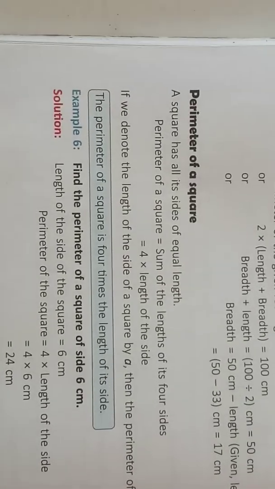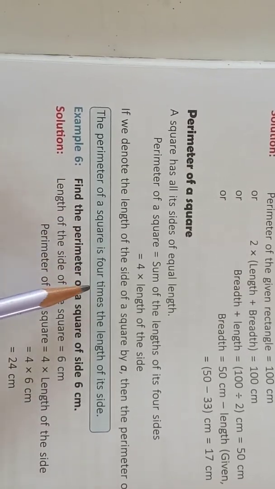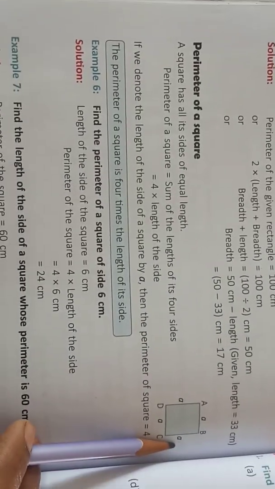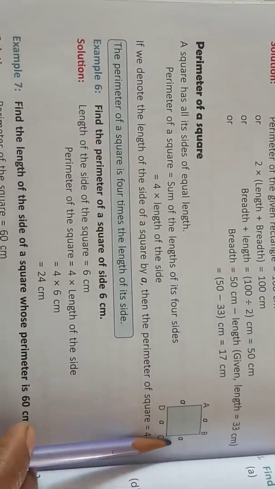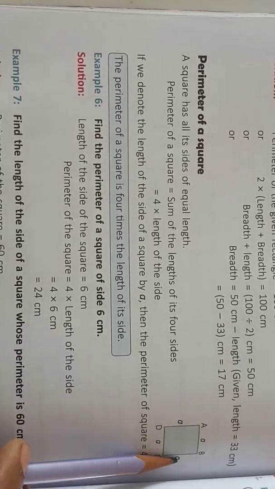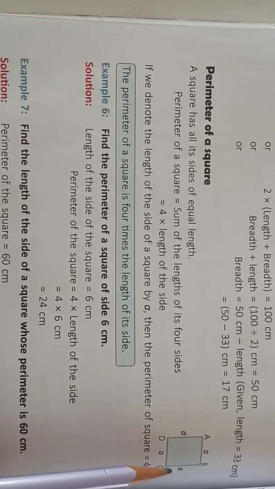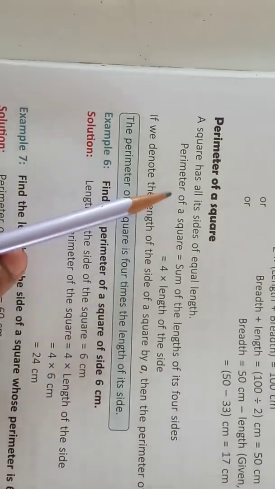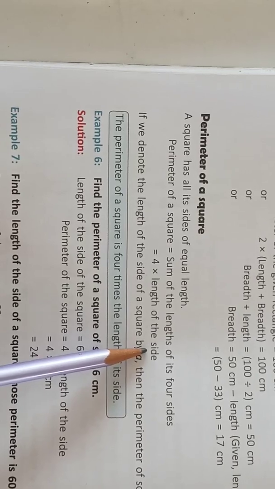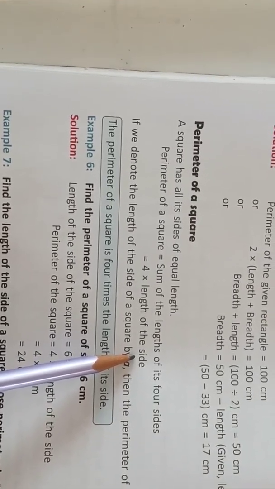Similarly, when you have to find the perimeter of a square, you will again find the sum of the lengths of all the 4 sides. But children, in the case of a square, all the 4 sides are the same. So you can multiply the length of one side by 4. So you can write the formula 4 into side. So the perimeter of a square equals 4 into the length of the side. Okay? I will give you a note of all this. You can write it in your maths copy.